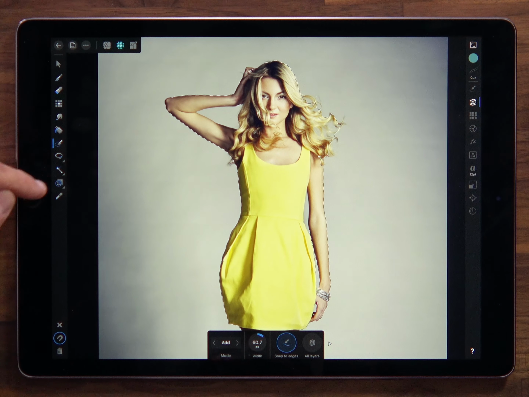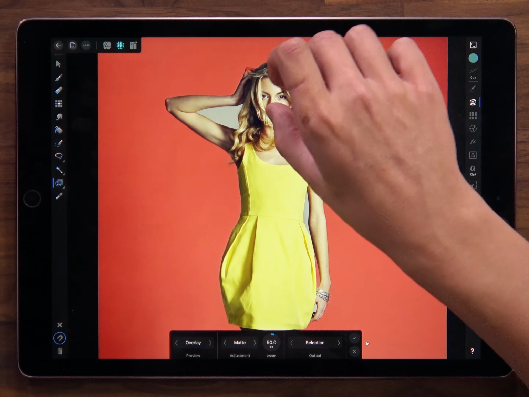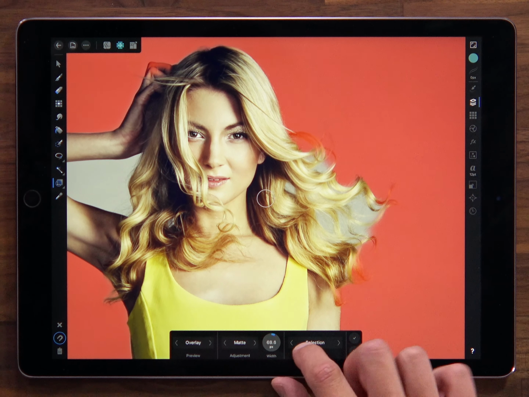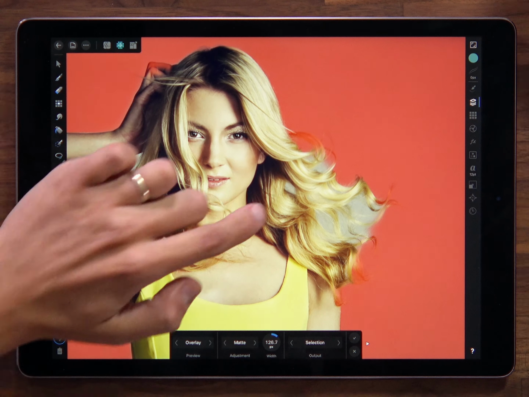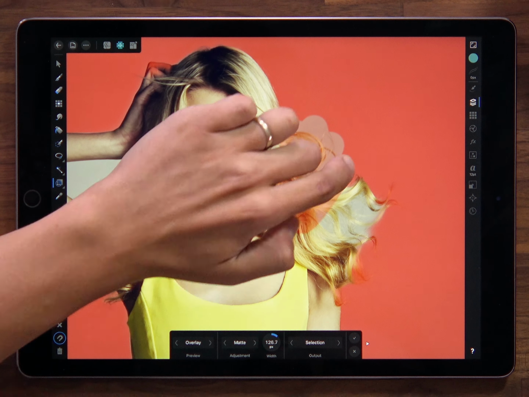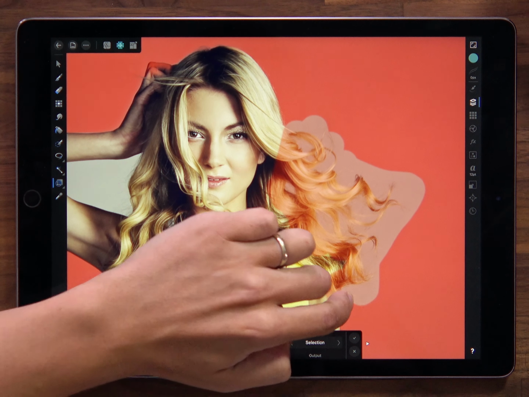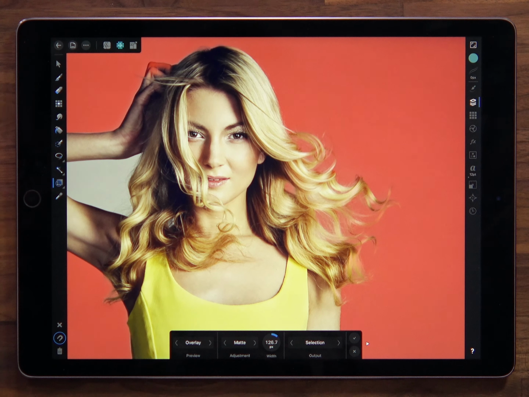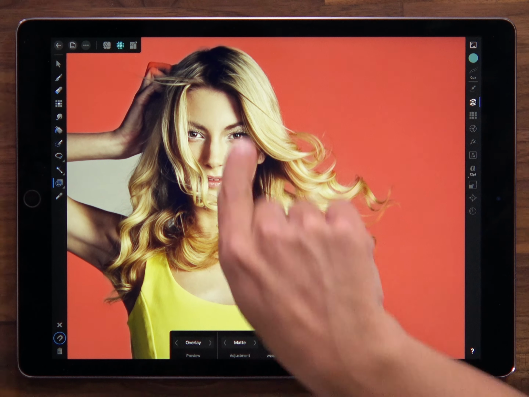To refine it, we can move across to the Refine Selection tool here. Okay, so what we can do with this is choose an appropriate brush width. So I'll make it a bit bigger. Okay, and then just brush into the areas we want to matte, which effectively means we're telling the software to have a closer look and produce a more accurate distinction between the foreground detail, which is the model's hair here,